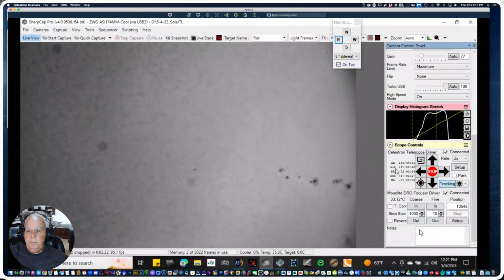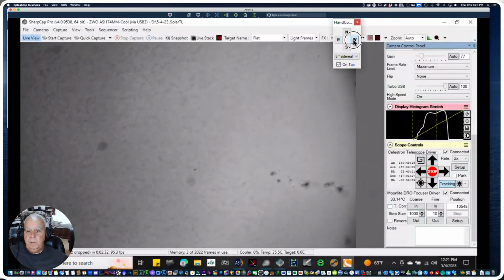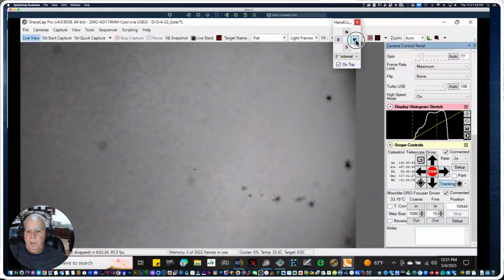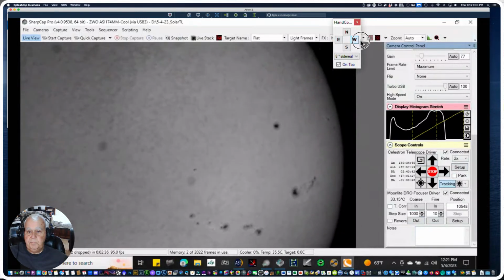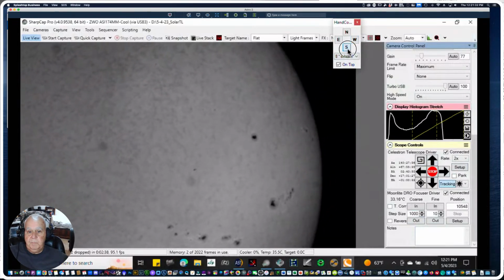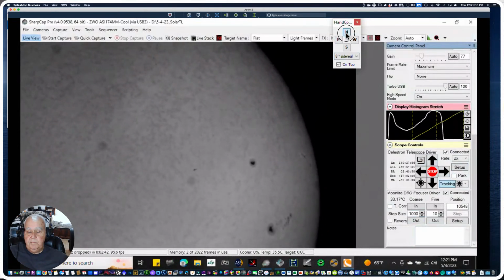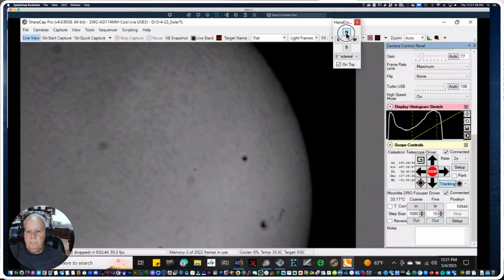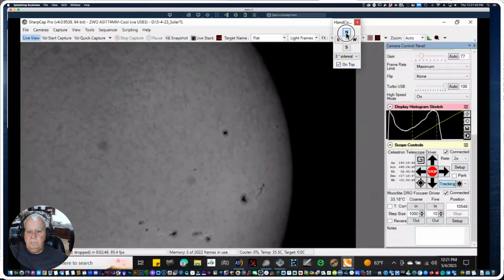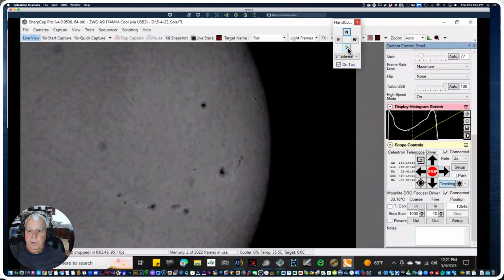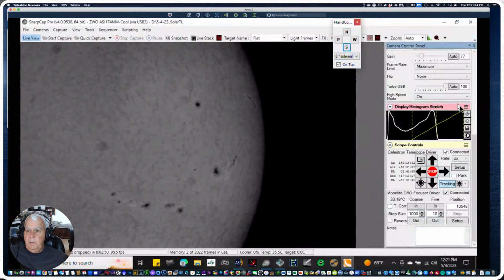And let's move, see, we want to move west. And we'll take another picture and we'll apply the flat to it. All right, there we go. Now we have to,